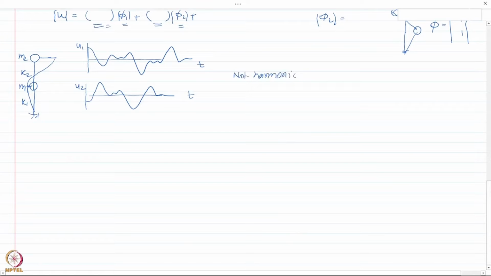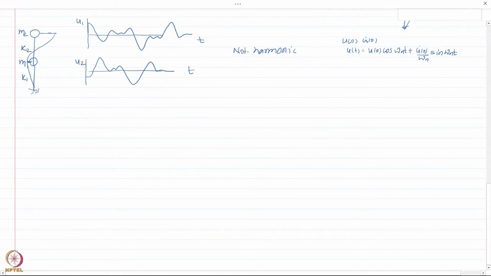Now compare that to a single degree of freedom system, in which when we provided initial conditions u0 and u dot 0, we said that the resulting motion would be harmonic and it was given as u0 cos omega nt plus u dot 0 divided by omega n sine omega nt. Okay, but that is not the case here. In general the resulting motion is not harmonic, plus